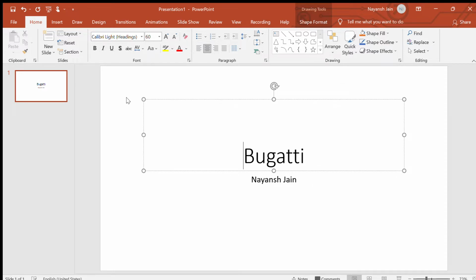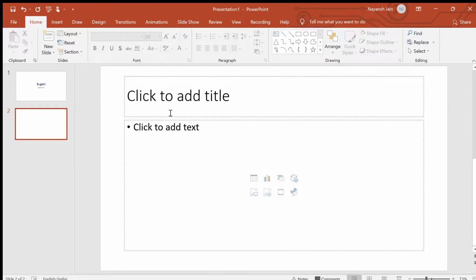Now I need some info. I will need more pages to write, but here there is only one page. So we have to take more pages. How we will take more pages, let me tell you. You need to go to New Slide and click on this button and you will see 9 slides over here. You can take any of them. Title slide is this slide only which we are using now, but I want to use the title and content slide, so I will click on it and my slide will be here.